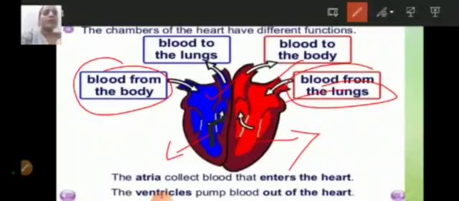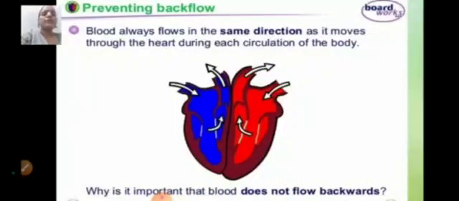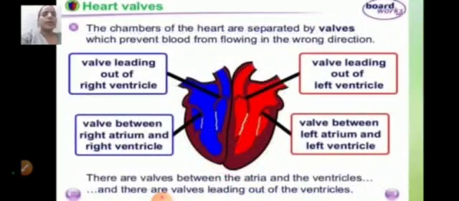What is the role of the ventricles? The ventricles are the distributing chambers. So, first of all, the right ventricle will send the deoxygenated blood to the lungs, whereas the left ventricle will send the oxygenated blood to the different body parts. So blood always flows in the same direction as it moves through the heart during each circulation of the blood. So how is the